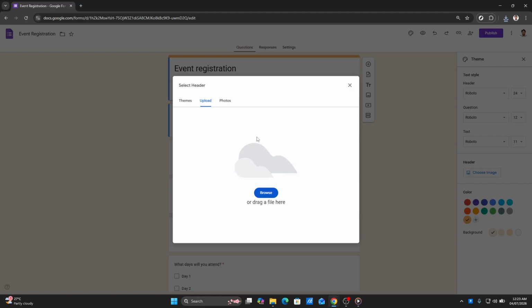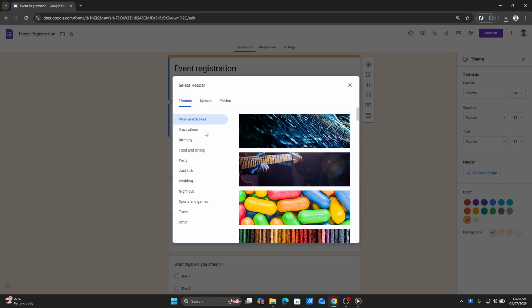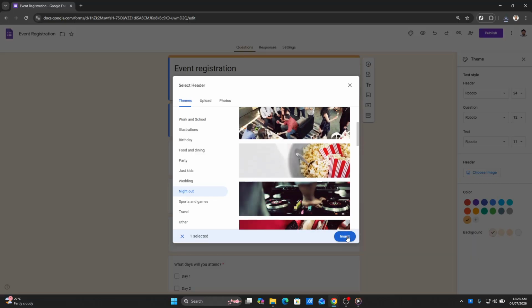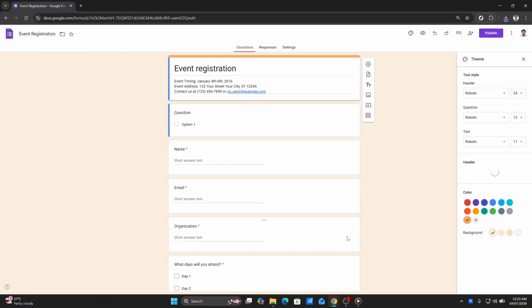If you decide to go with a pre-made theme, simply browse through the available options and pick one that aligns with the tone or purpose of your form. Google offers a variety of themes that can cater to different styles and occasions, making it easy to find one